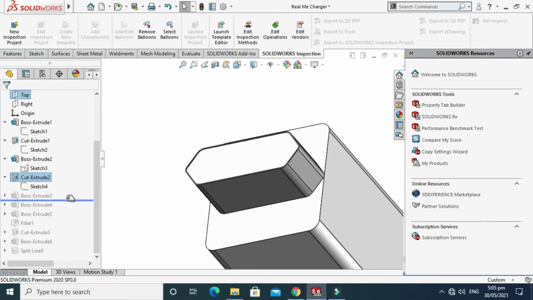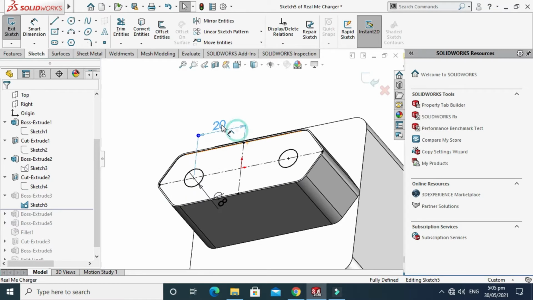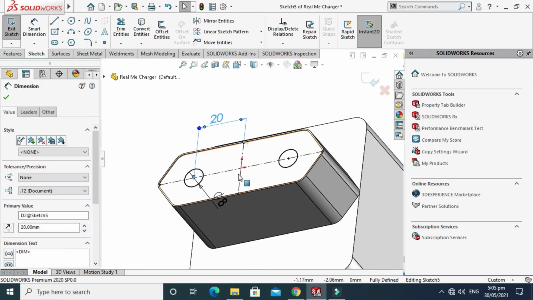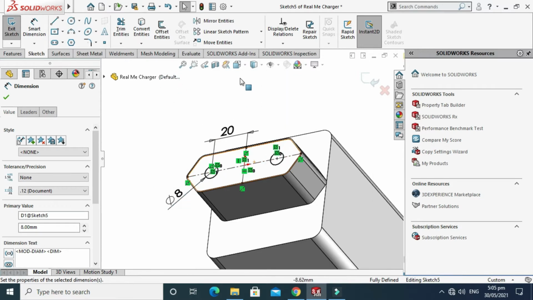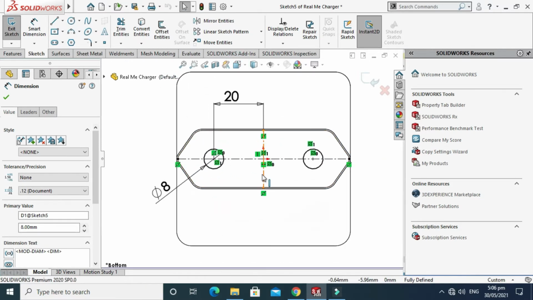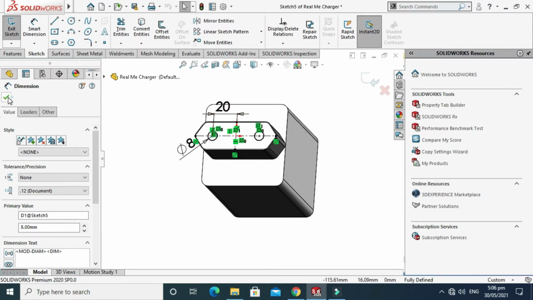Next we have a boss extrude, and this is a very simple boss extrude. The distance from this origin to the center point of this circle is 20, and both circles are of diameter 8 mm. We can check this, just select this, and you can see the relations, right?